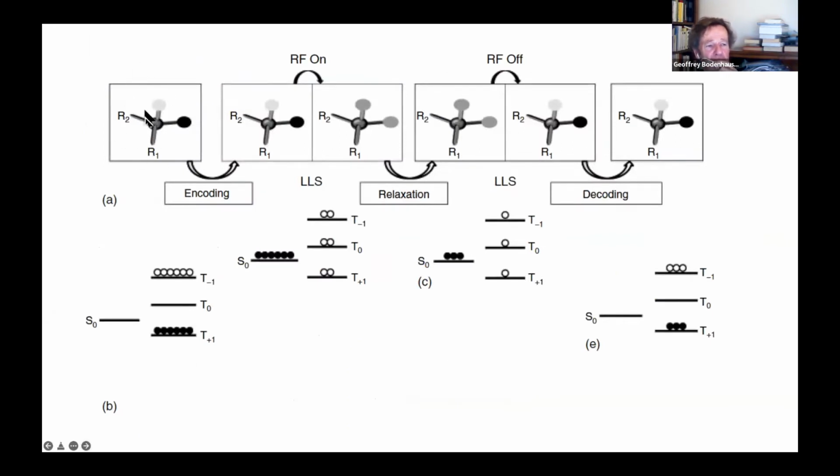Here you have an arbitrary molecule with 2 protons. There should be different substituents R1 and R2, and at least one of them should have a stereogenic center so that these are not degenerate. And initially, you have a population distribution like this, where the black balls represent an excess population with respect to the demagnetized state. The top state has a deficiency population, and the intermediate states have neither one nor the other. So this is the Boltzmann equilibrium and thermal equilibrium.